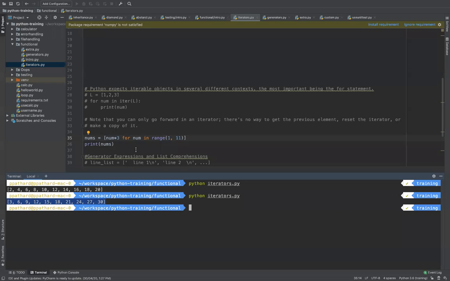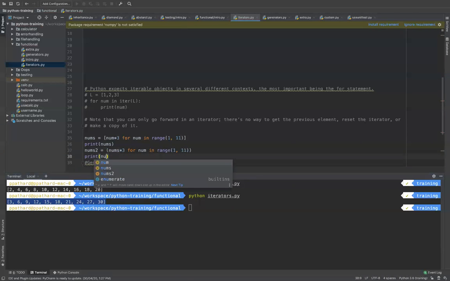At that time I can create a nums2 variable and write a generator expression, similar to a list comprehension. Same thing: for num in range of 1 to 11, but I'm giving normal brackets rather than a list.